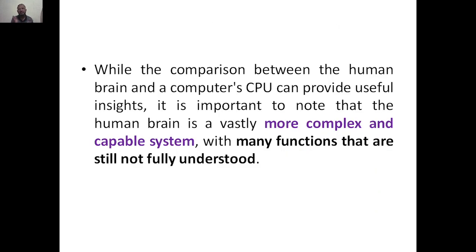Next, while the comparison between the human brain and the computer CPU can provide useful insights, it is important to note that the human brain is a vastly more complex and capable system with many functions that are still not fully understood. So here what they are explaining is that our brain is a very complex system, and we cannot say that these are the only functions that these particular regions are doing, because there might be billions of functions. With whatever technology we have so far, we cannot say that we have 100% understood our brain. No, it is not yet done, and it is very difficult